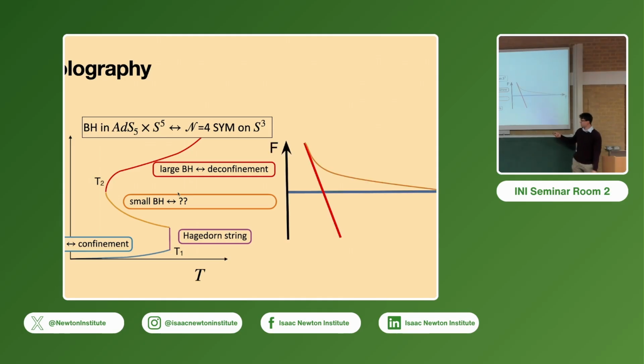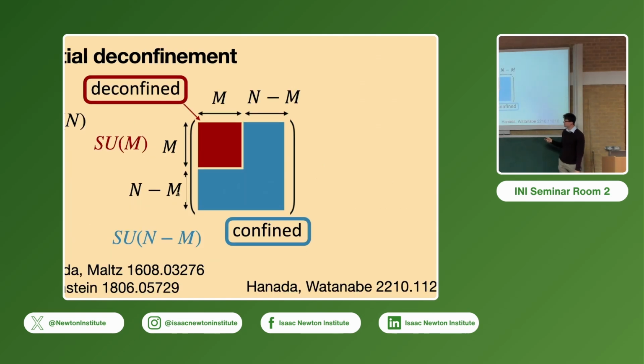As well as the energy-temperature diagram, we can represent this on the free energy-temperature diagram as well, and it has the same labels. So this is the large black hole, and this is the gas. The large black hole is connected to the small black hole by this rather dramatic cusp. It's a very important question to find out what the dual of this small black hole is. Our proposal is that this might be a partially confined phase, which has some properties of the confined and the deconfined phase. I'll explain what I mean by this.